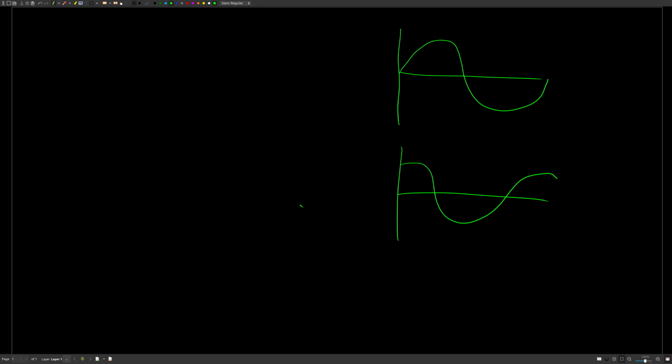Cosine, in fact, is the same thing, but you start here. Notice it's the same pattern. It just starts at the top, it falls, and then it rises back up again. So there's not really any other difference. But the key important concept